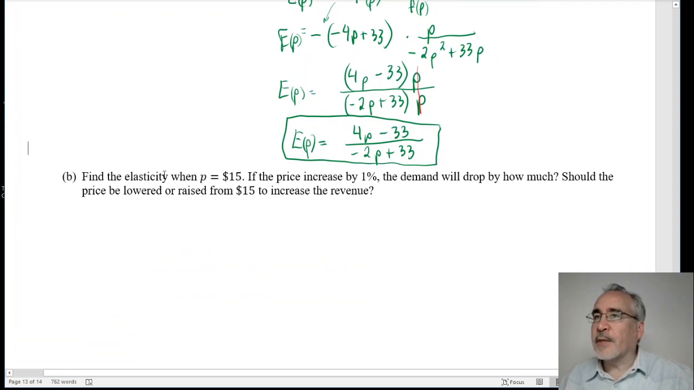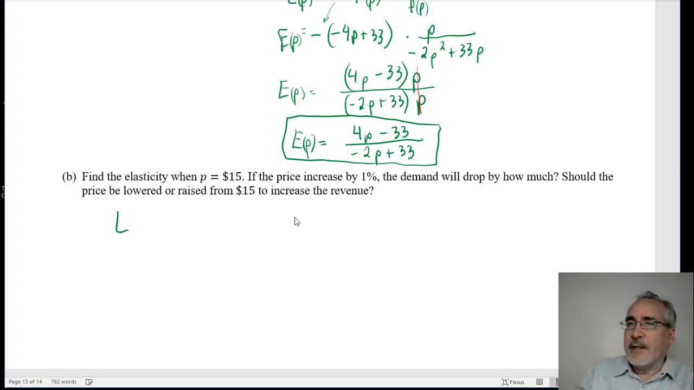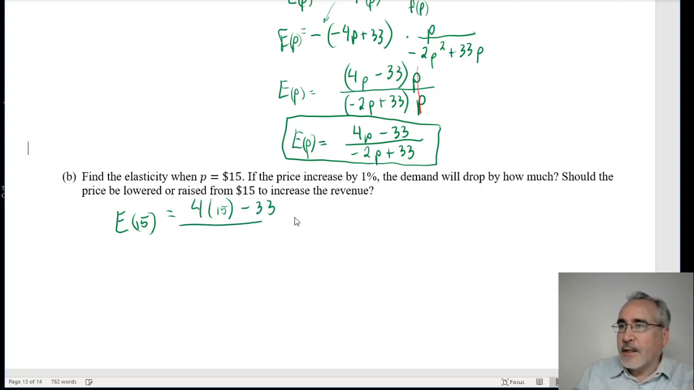So now let's go to the second part. Find the elasticity when P equals 15. So we're going to plug in 15 for P. And then we're going to answer some questions here. Okay, so what we need to find is E of 15. That's 4 times 15 minus 33 over negative 2 times 15 plus 33. 4 times 15 is 60 minus 33. 2 times 15 is 30, so it's minus 30